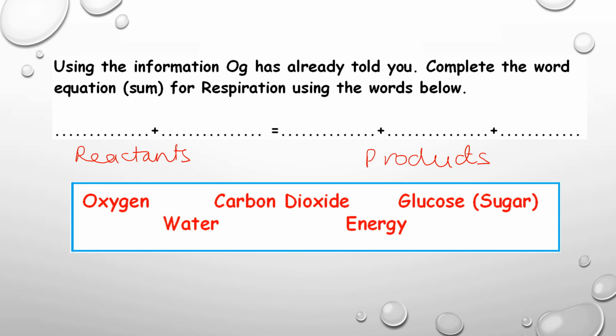So in respiration, what is the gas that is required for respiration? Well, it is our friend Og, or oxygen. It reacts with our food source, which is glucose or sugar. And it releases the really, really important part, energy. And it also makes two waste products, a gas that we need to get rid of, our carbon dioxide,